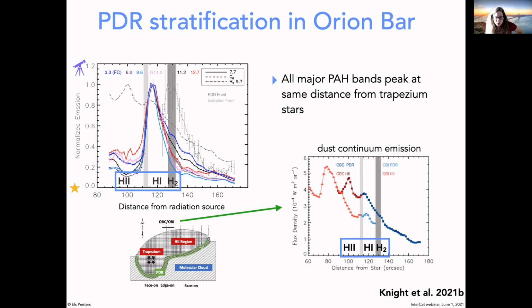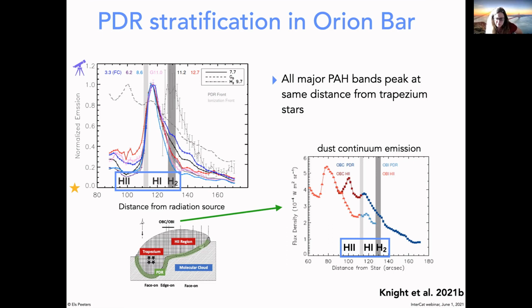And so what we're going to do is we have two slits across this edge here, and we're going to trace in the right-hand figure here the dust continuum emission across those two slits. And we are once again looking at the stratification of our PDR. So we have the ionized gas on the left of the light colored gray. In between the two gray colors, we have neutral gas, and the dark gray area shows you the peak of